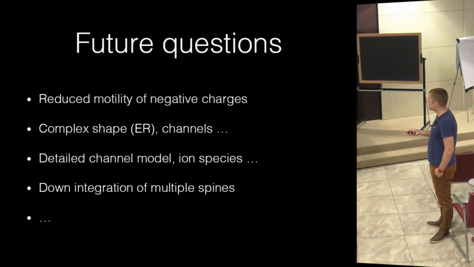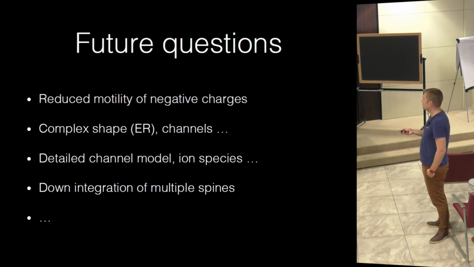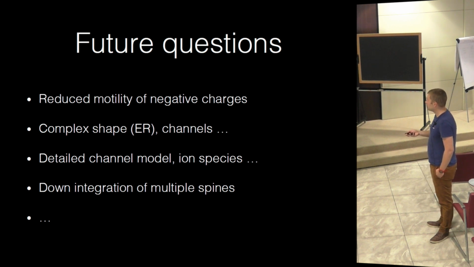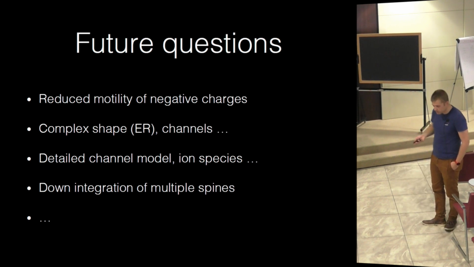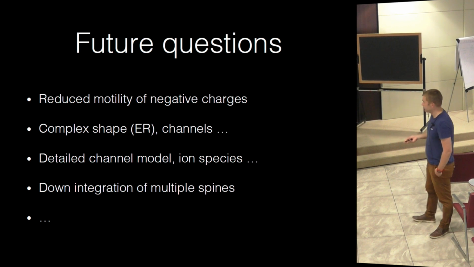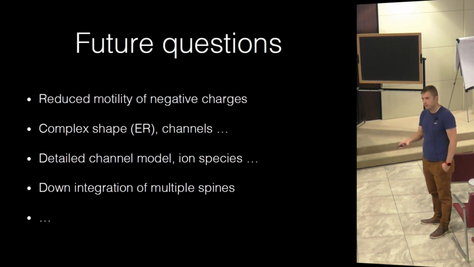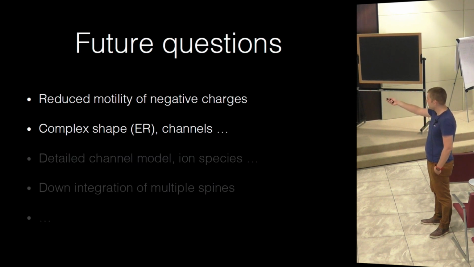And now, just to finish, I would like to emphasize future questions, add-ons to this model, like the reduced mobility of negative charge. What would happen if you have only positive charge? What happens if you have a complex shape, and especially a spine apparatus, the ER? And so for these first two,